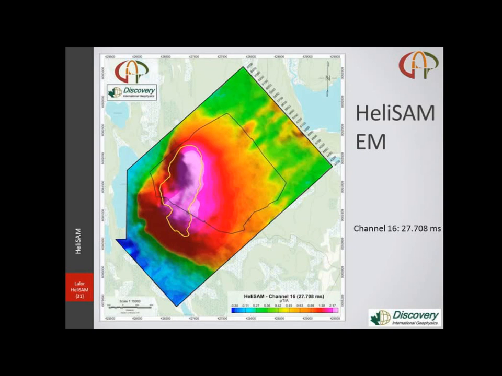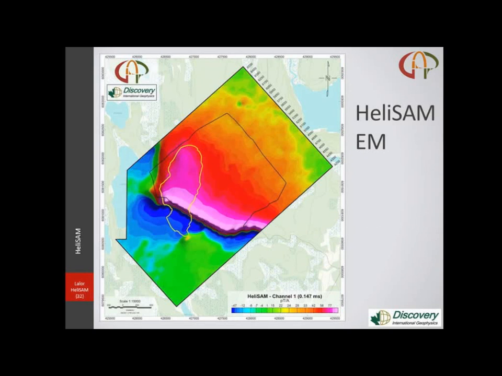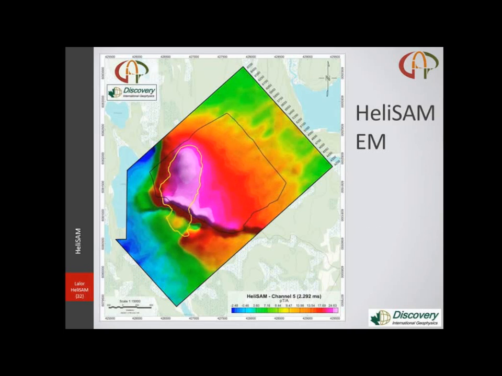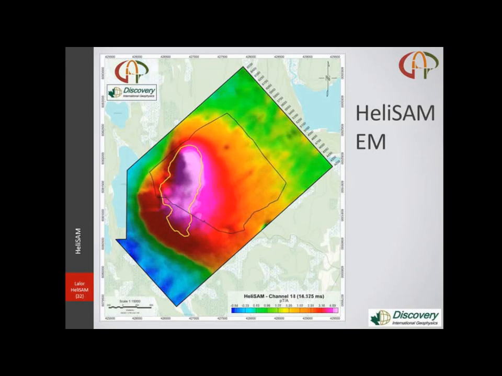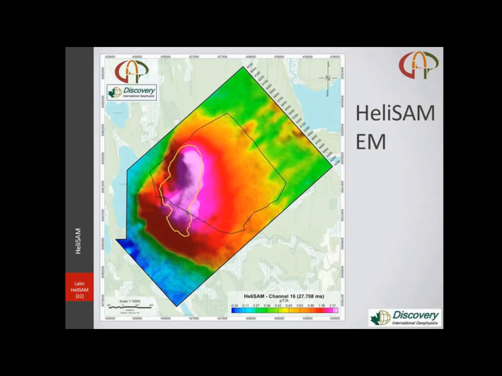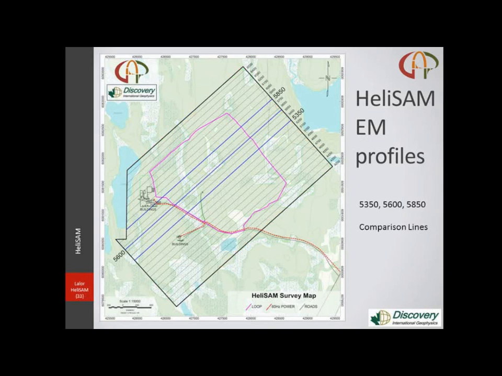And because I never catch everything the first time, I'm just going to run through that again. So you can see there's 2 fairly distinct lobes in this response in the late time, one over that lower disseminated zone and one over the zinc-rich upper zone. Quite an interesting response. So we're going to take a look at some of the profiles, and these again are